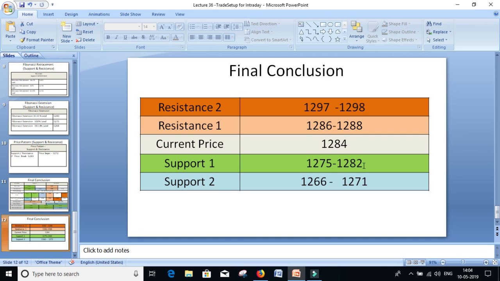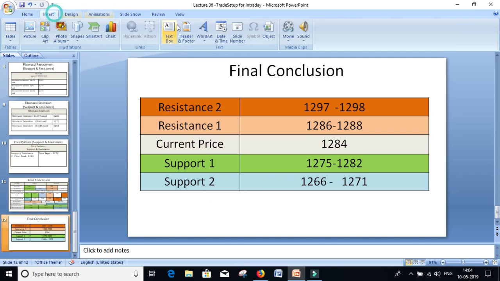But if we know the price is moving sideways, we always take suitable positions around resistance 2 and support 2. So if you take a final conclusion point, if you think it is a sideways trend, then you take a sell position at R2 and a buying position around S2. These both positions are considered to be strong positions. So we write down over here also, we just mention a remark